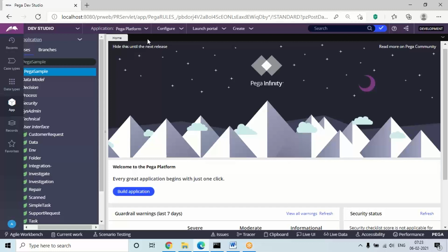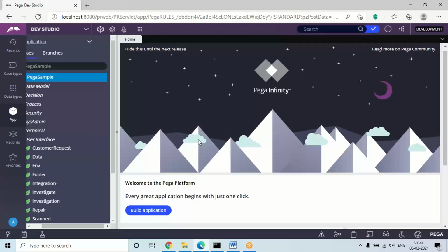If you're unable to see them, the reason is the browser size is 100% or more than 100%, which is there by default in the settings. So if you want to see the names, press Ctrl minus. Again, if the font size is very difficult to read and understand, you can press Ctrl plus.